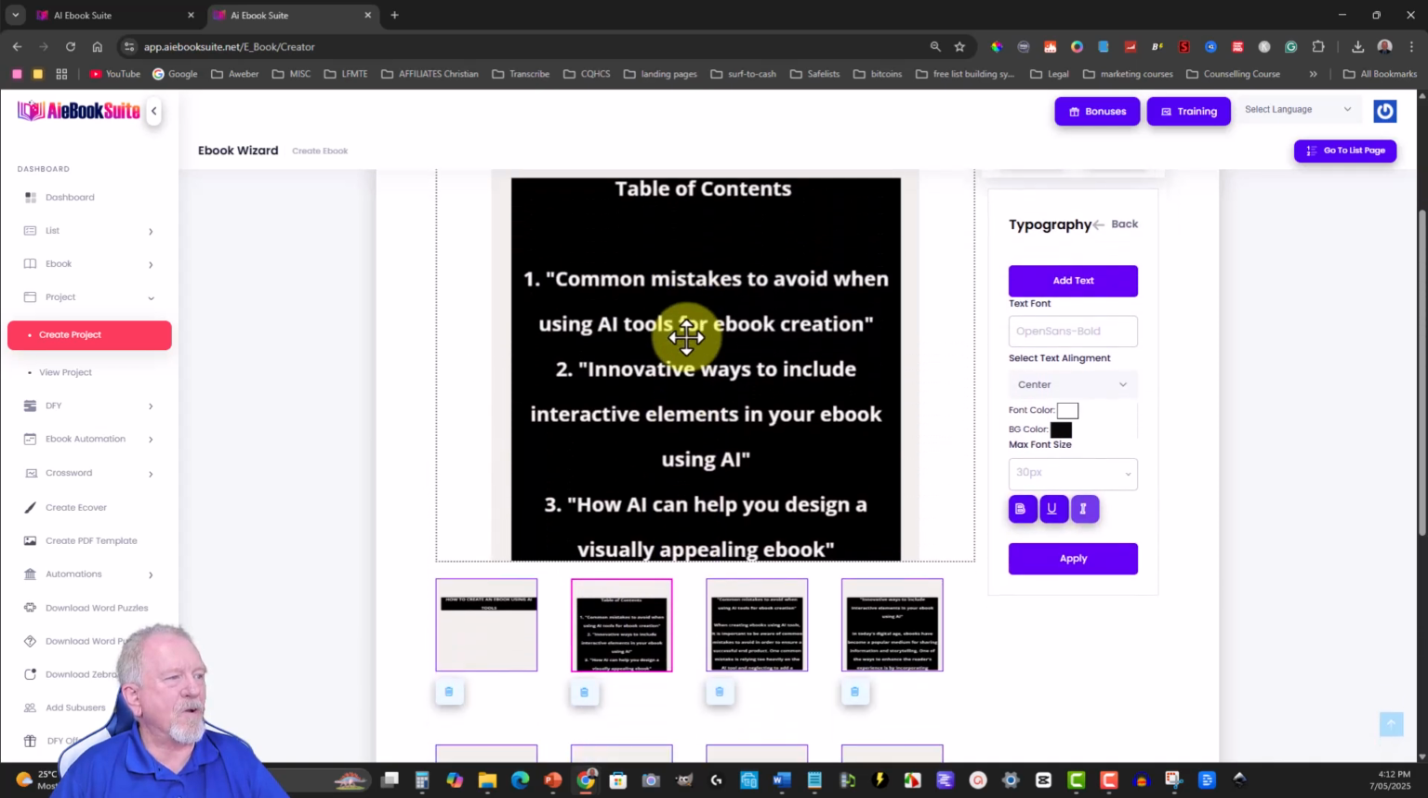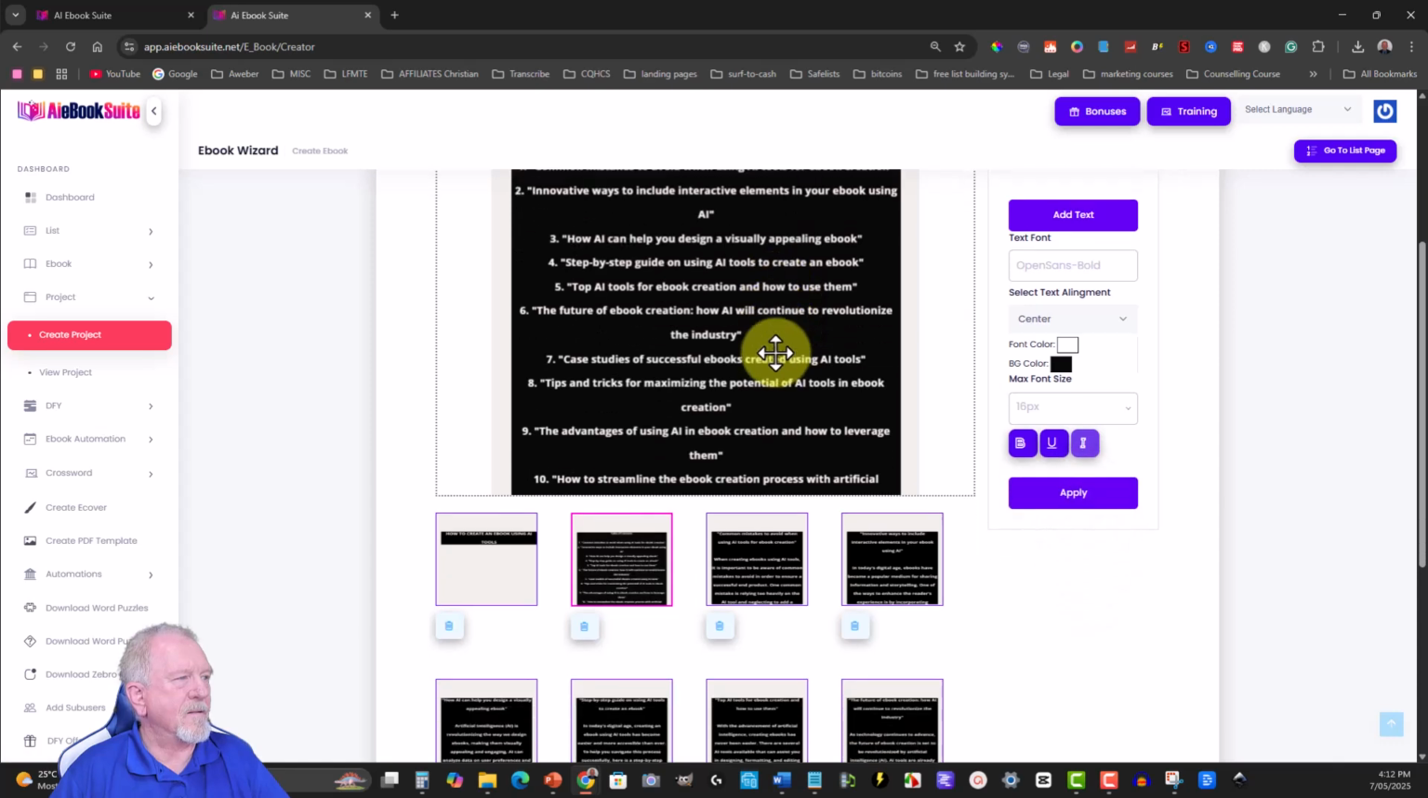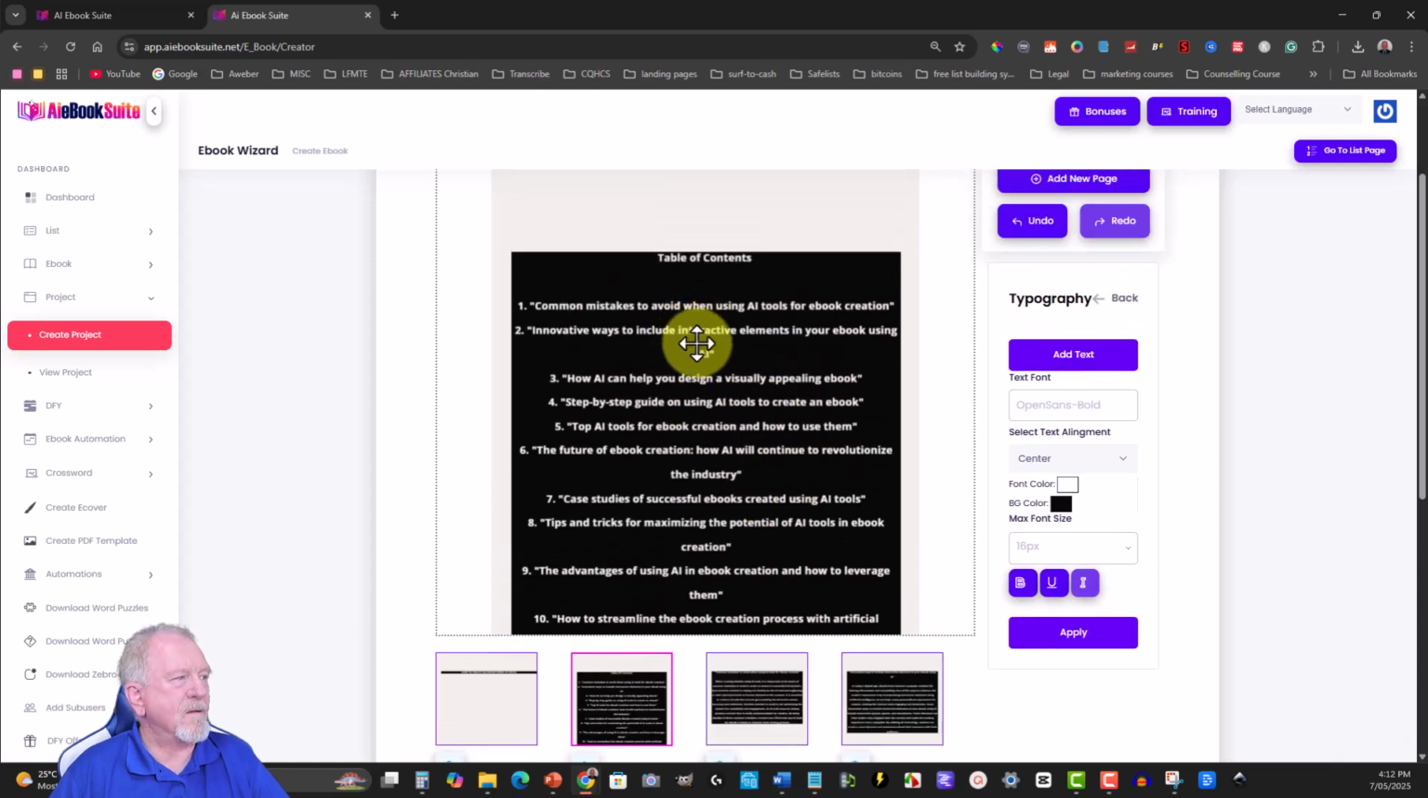All right, that's the table of contents. In fact, I might just shrink this down to a smaller font because that's way too big. Let's go here to 16 font and hit apply. That's a bit better. Now what we might also want to do is make sure everything is sitting to the